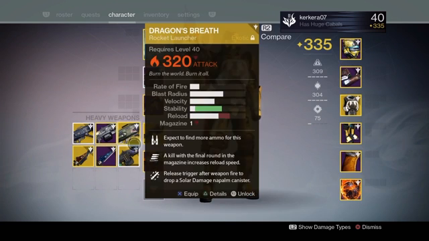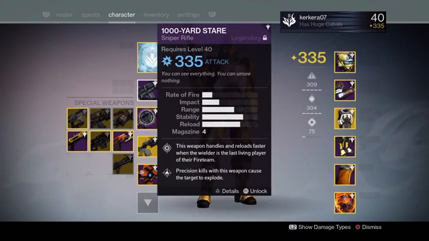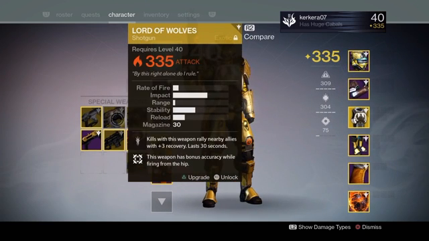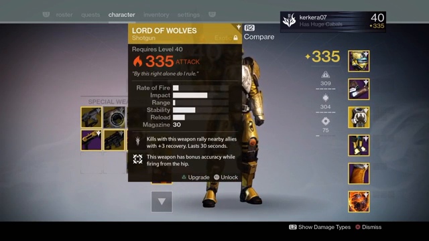My PvP version is in the vault. It has Hidden Hand. I don't really have it on because it's not 335. But yeah, I also have Queen Breaker's Bow. The reason why I have both of these 335 is because